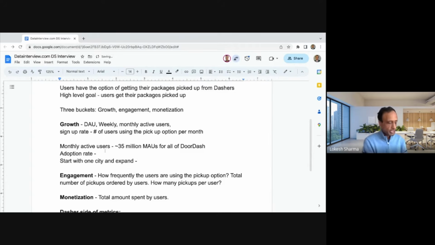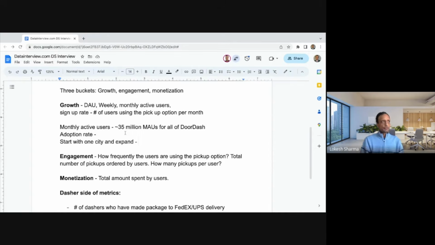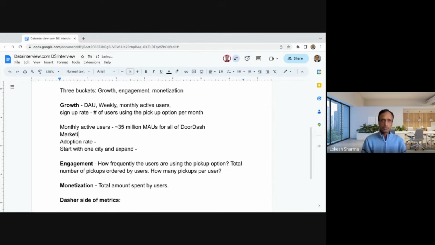In terms of success in this case, for the monthly active users and adoption, when the feature is launched, I think it depends on how much the team plans to spend on marketing or advertising to make people aware of that. That will drive how the adoption progresses. But I'll make some assumptions here that DoorDash will do a medium level of marketing and maybe in-product notification for users to know about this new feature that is being launched.